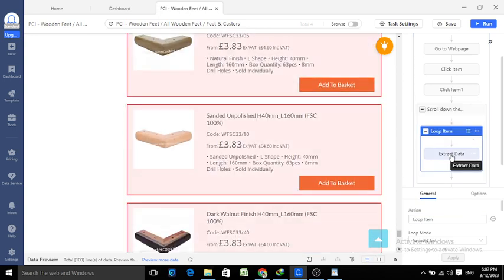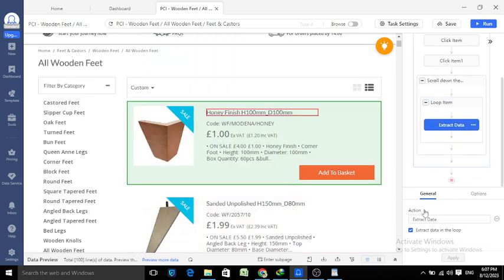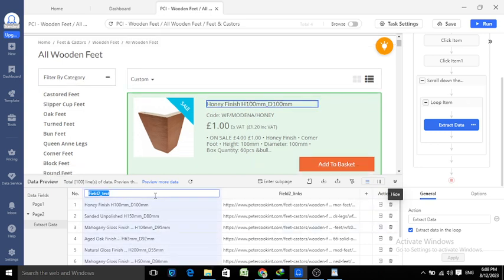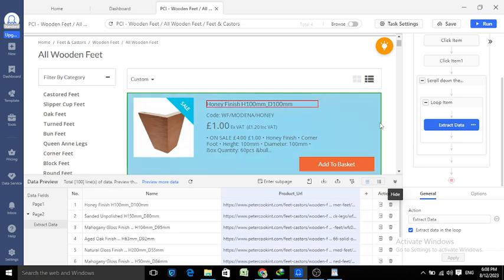Now we are on that page, extract data here. And now I can rename that: name of the product. We cannot directly give a blank space in here, so I will type a hyphen. Name of product, that's it. Then URL, product URL. Now I want to click and go inside to the detail page